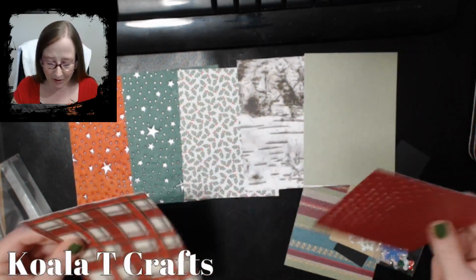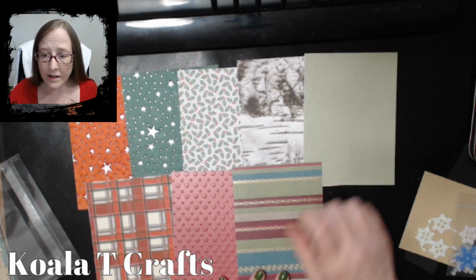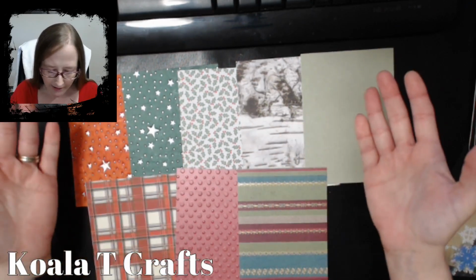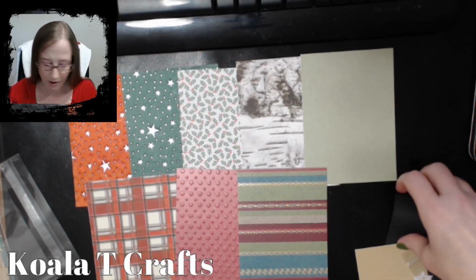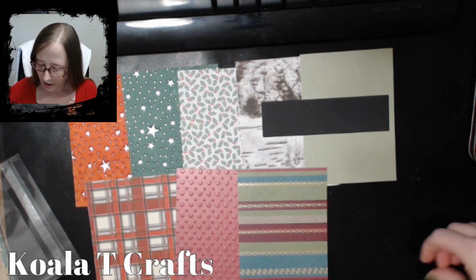So these are some of the really fun papers. This should be the entire kit, I'm hoping. These are the papers that came with it. So basically, just cut yourself some holiday and plain papers and just get ready. And then I threw in this extra band because this is going to be for a card that we're creating. You get a piece of